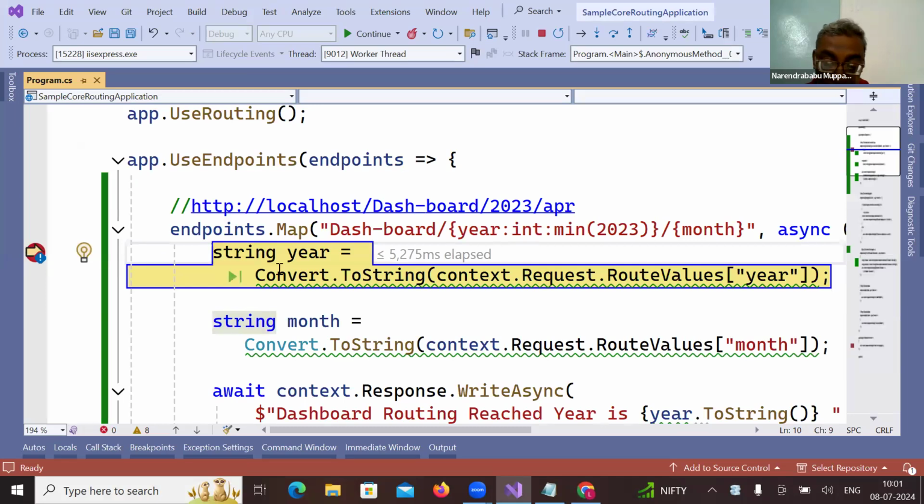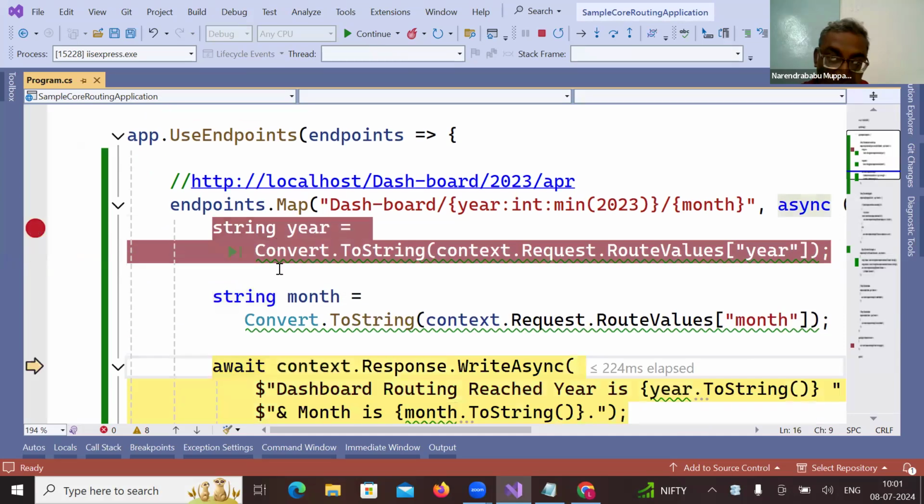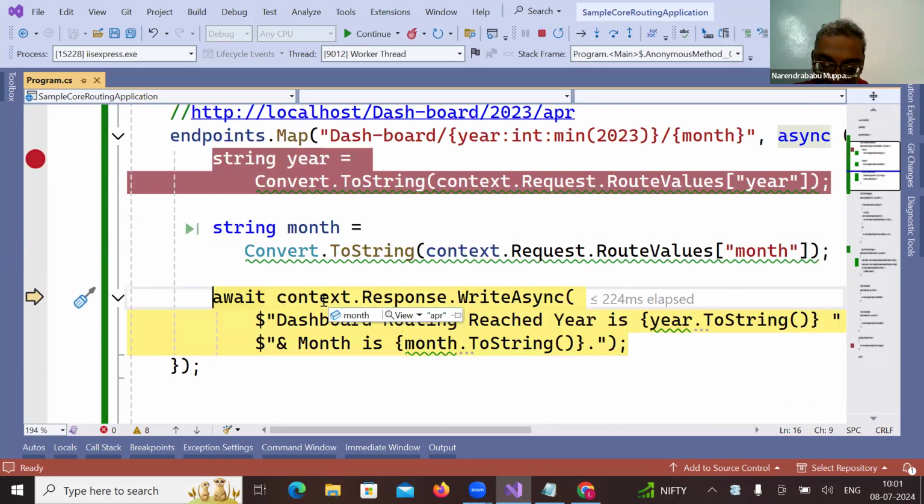See, I got the year. What is your year value here? 2023. Month is April. Now, when you print it,